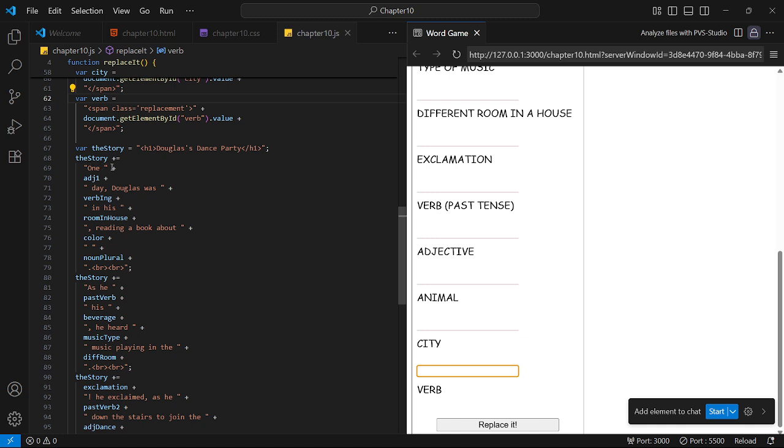It says one, which is a string, and then you append your adjective. Day, Douglas was, and then you append another. With strings it's not append, you concatenate the next variable and so forth and so forth. So at the end of the day, what you would end up with, I just want to run the actual